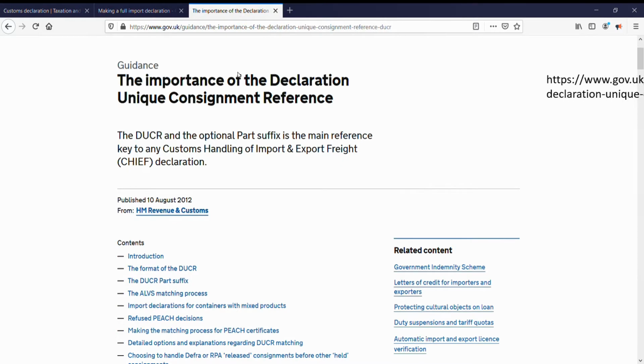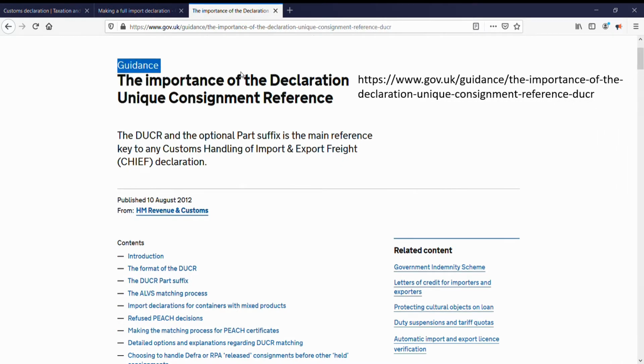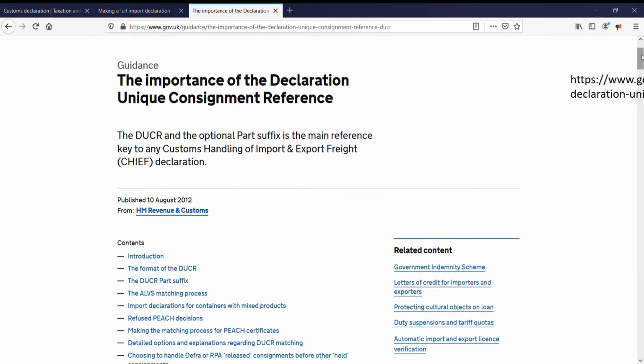The importance of the declaration unique consignment reference. The DUCA is the main reference number for declarations made in the Chief software. First, declarations, or parts of a declaration, may be sent to customs in the form of advance notifications, at times referred to as pre-arrival declarations. Submitted ahead of the formal presentation of goods and related customs declaration, advance notifications can speed goods movement through customs.